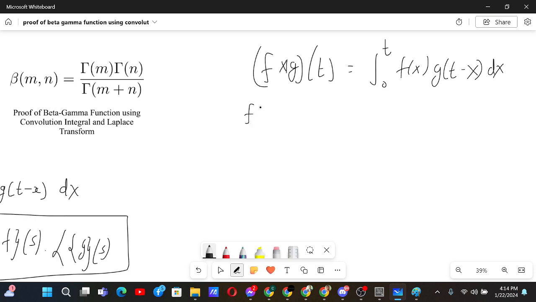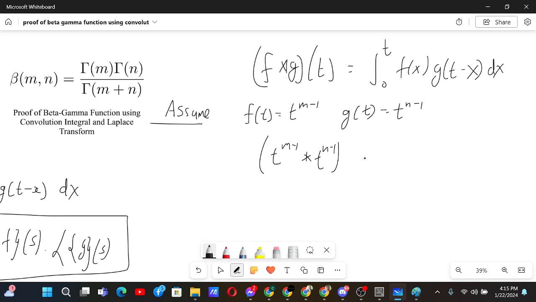Now let us say our f of t is t to the power m minus 1 and g of t is t to the power n minus 1. If we just assume this, we will have f convolution with g. Let me basically write the functions themselves: t to the power m minus 1 convolution with t to the power n minus 1. This will be equal to the integral from 0 to t, and then the function f of x is x to the power m minus 1, and over here we will have t minus x to the power n minus 1